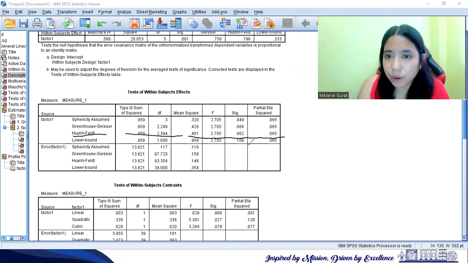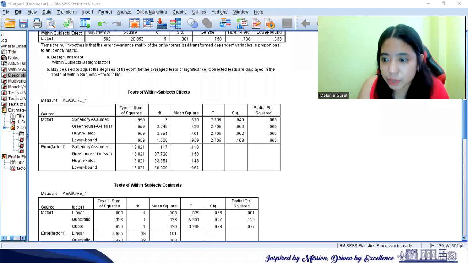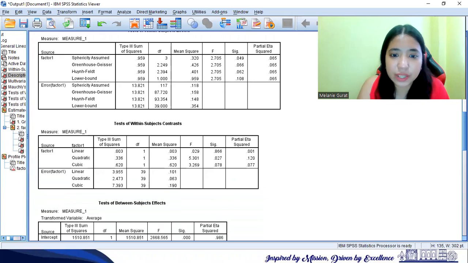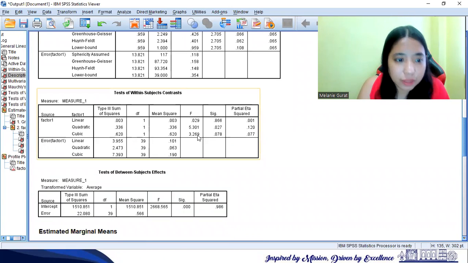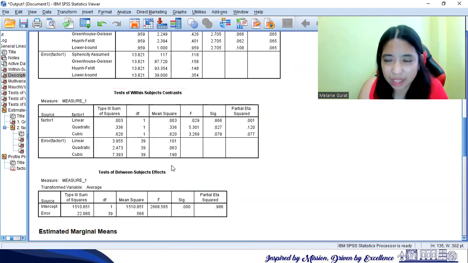Now, we have other results here. Let's go down to tests of within subjects. Of course, it also shows the polynomial, since I remember that we considered polynomial.